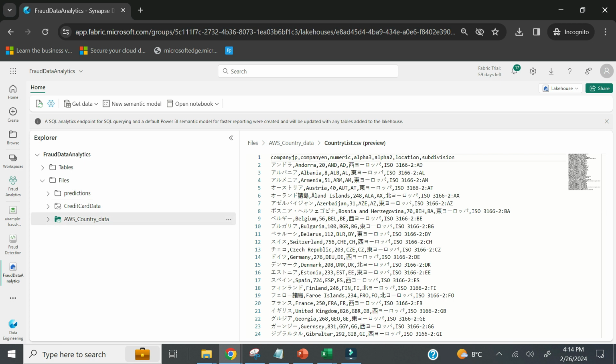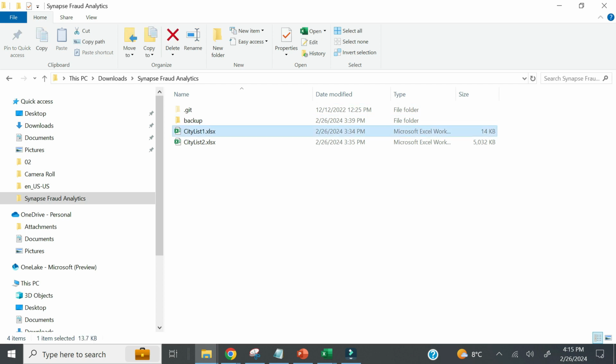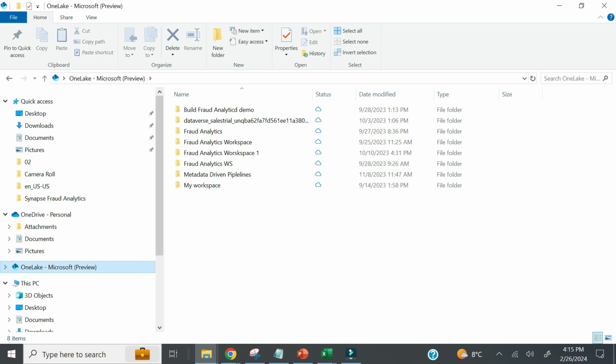The third data is what we call city specific data, and I will show you how to bring in city data using two different ways. The first and the easiest way, which I like, is this: this is your city data, city list one. I installed OneLake Explorer on my local machine, and OneLake Explorer is very similar to OneDrive, but it is pointing to the OneLake,